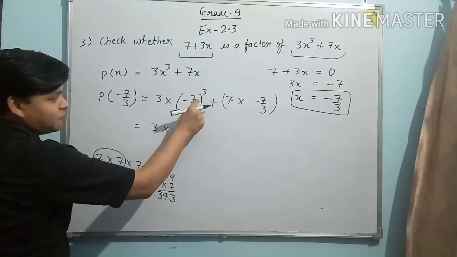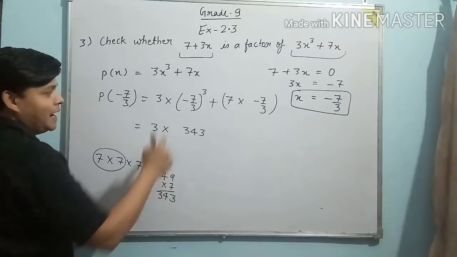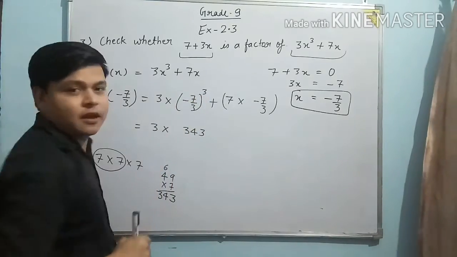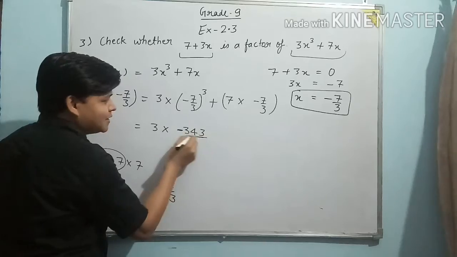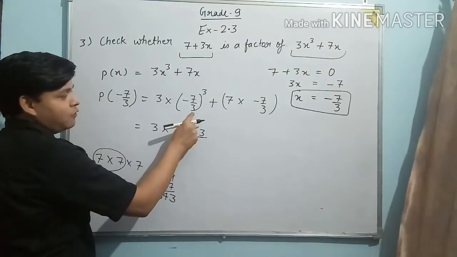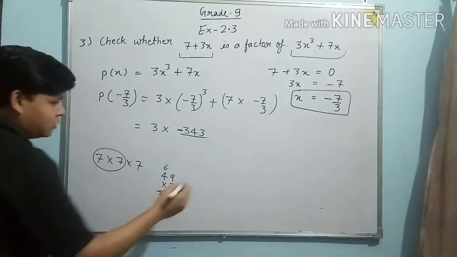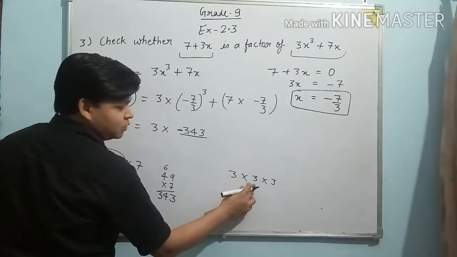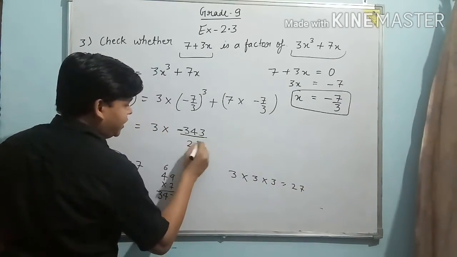So cube of 7 is 343, and as we all can see, minus sign is given and the power is odd, that means this will be negative. So let's put here minus sign. Similarly, we all know the cube of 3, this is also 3 multiply 3 multiply 3. So 3 into 3 is 9, and 9 into 3 is 27. So let's put here 27 here,